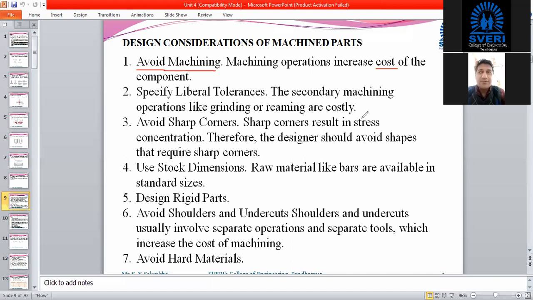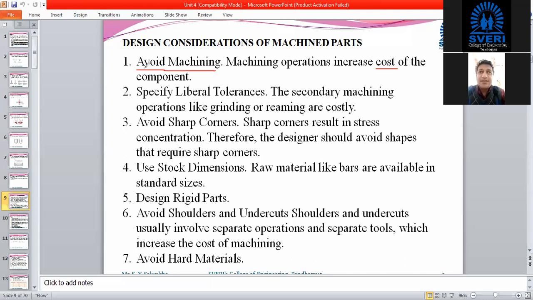Again, we use the machining process to adjust the size also, to provide very close allowances. Machining process is a finishing one. So a finishing process always increases the cost, right? The original one has more strength, and when you provide some finishing over that, it will increase the cost, as well as reduce the strength of that particular component. Getting it?